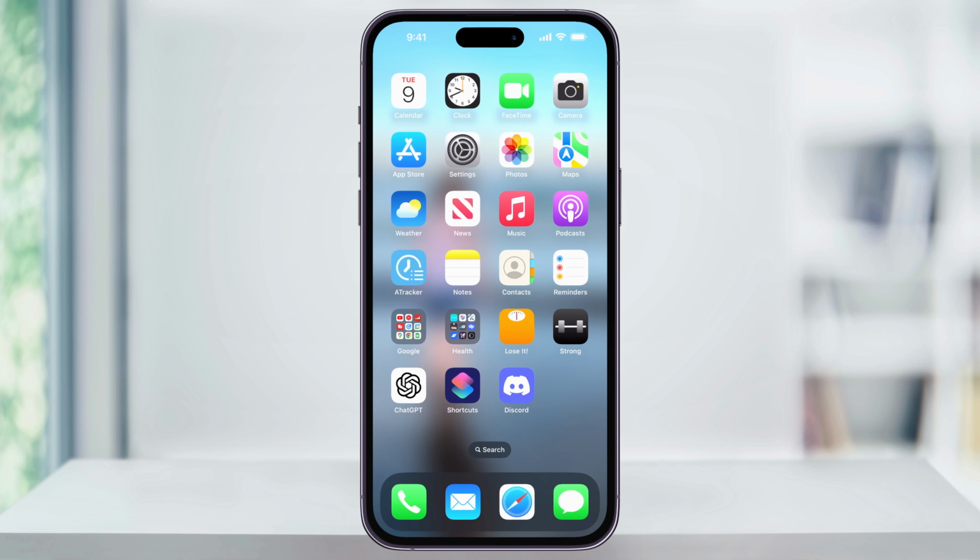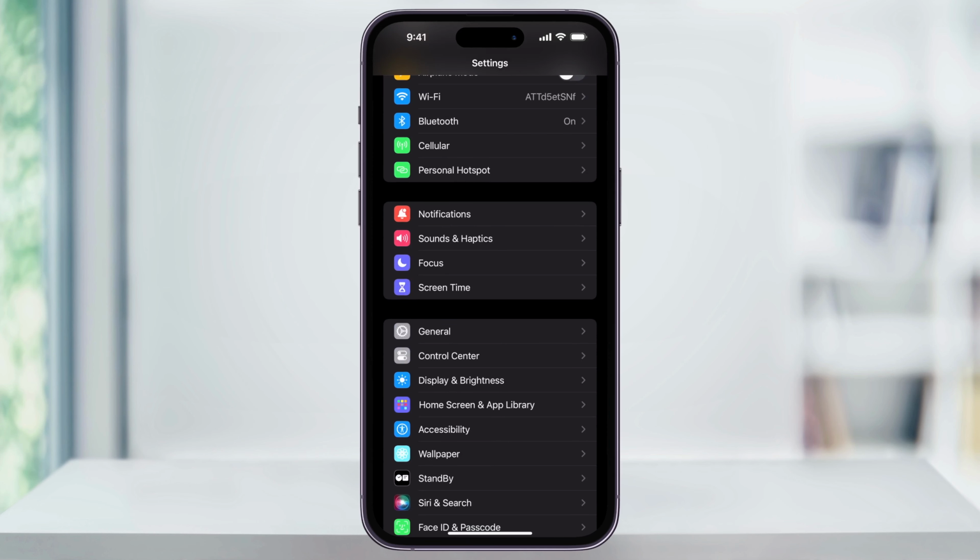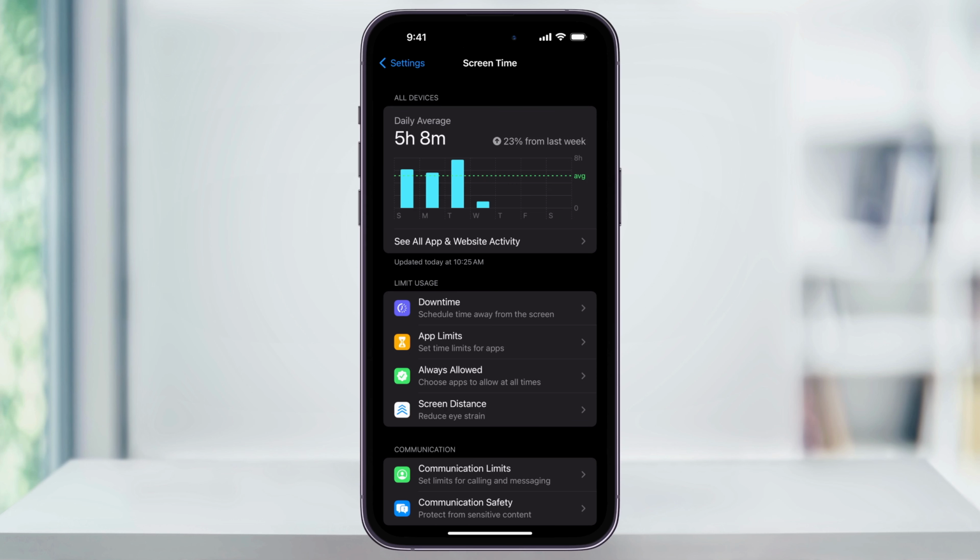To go ahead and get started, first, find and open the Settings app on your iPhone's home screen. Once you're inside of here, scroll down a little bit, and then in the center here, you'll see Screen Time. Choose this. Once you're inside of here, at the top, you're going to start to see some information about your